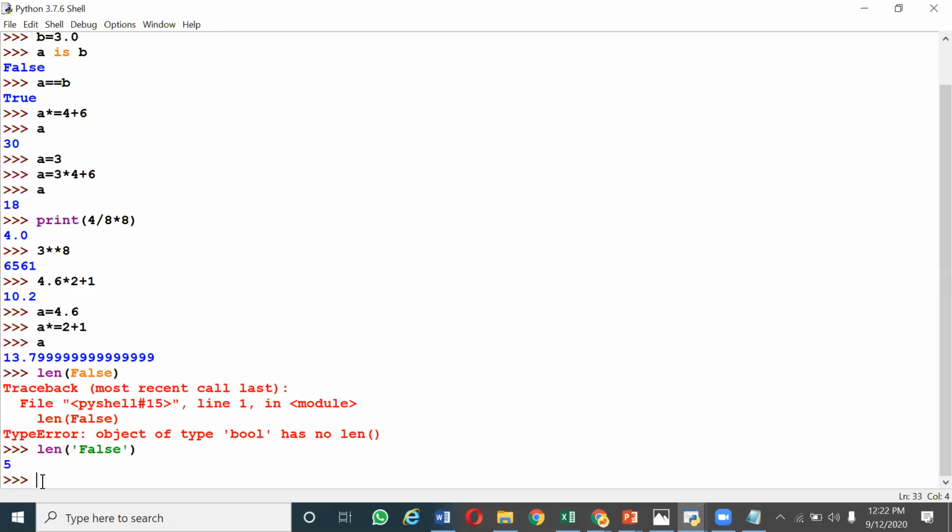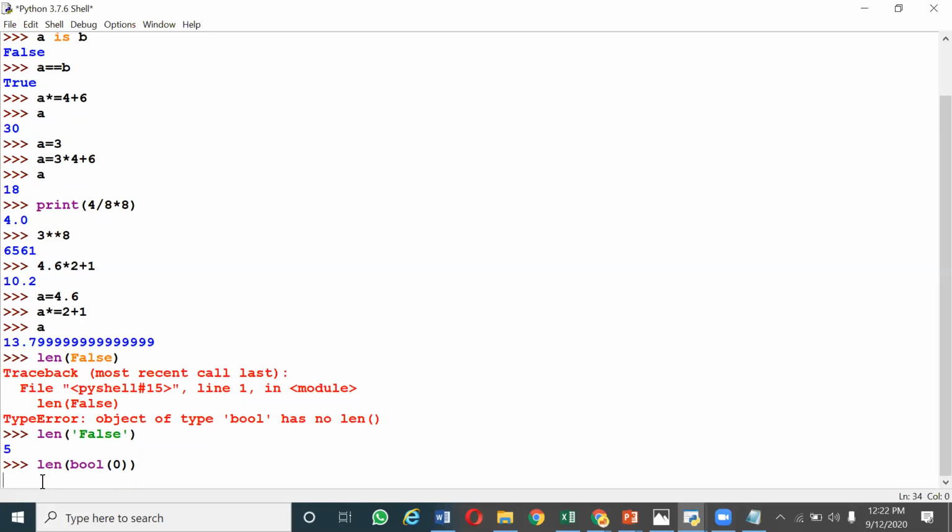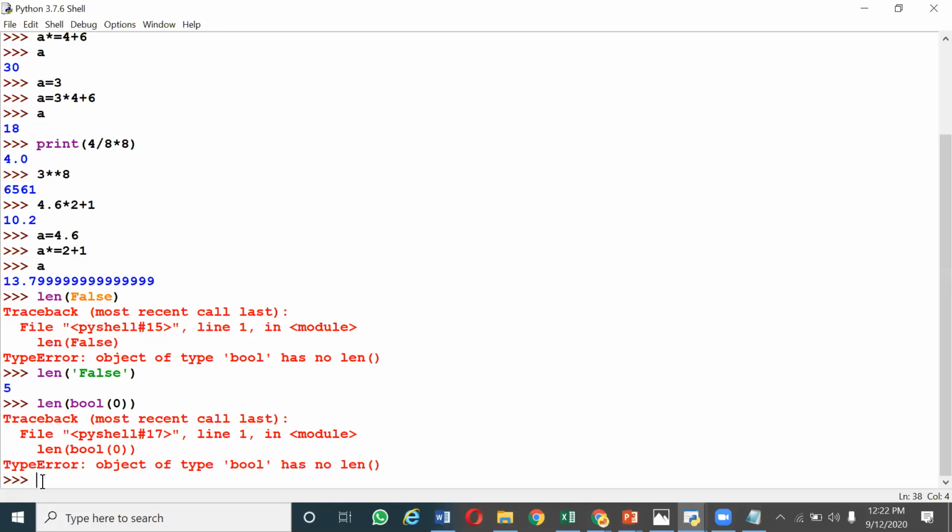Here they are not converting it into a string. They just want the length of bool of 0. That is the actual statement that you are trying to print, right? It will print the value as false. So print of length of false.